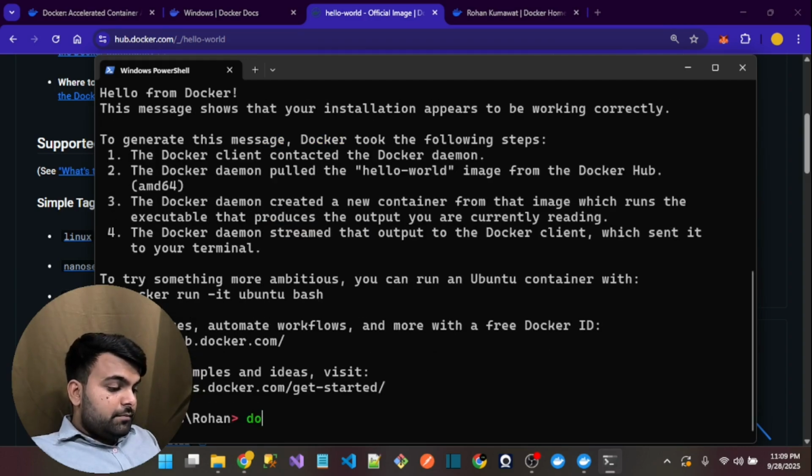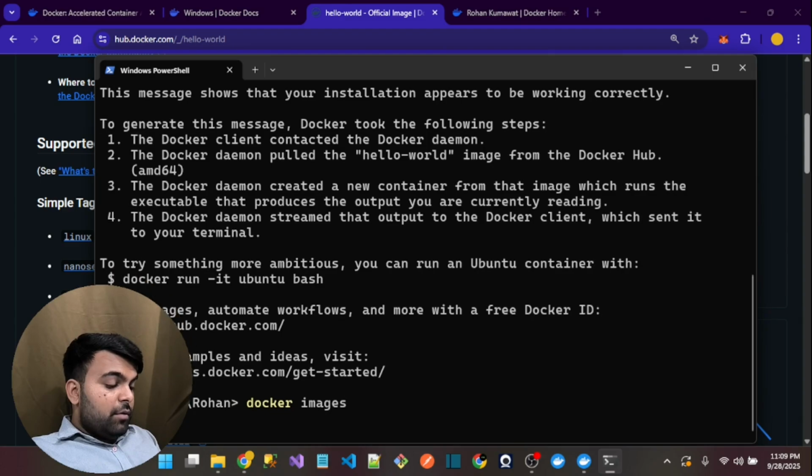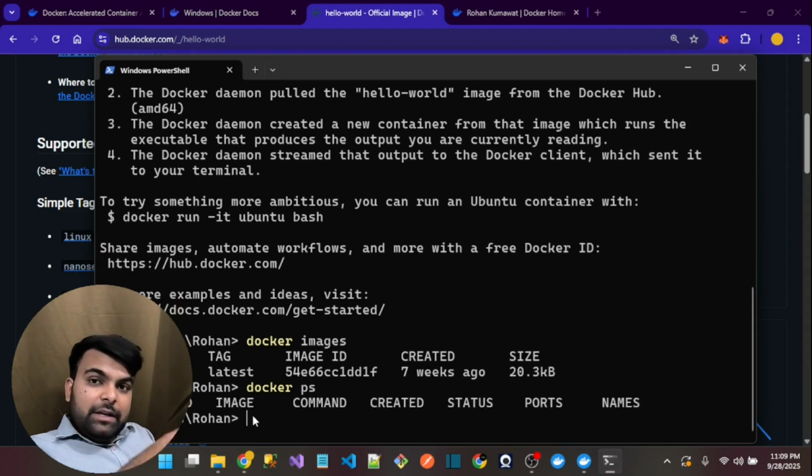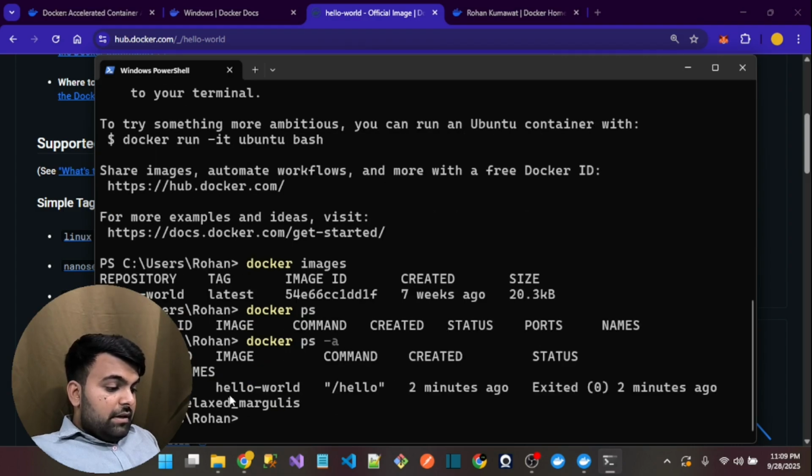Okay, if I want to see all images, these are the images I have installed in my system. And after this, if I want to see how many containers I am running, just click docker ps. There is no active container right now. If you just write docker ps, it will show you the active containers, continuously running Docker containers. And if you want to see all the containers that I have created,